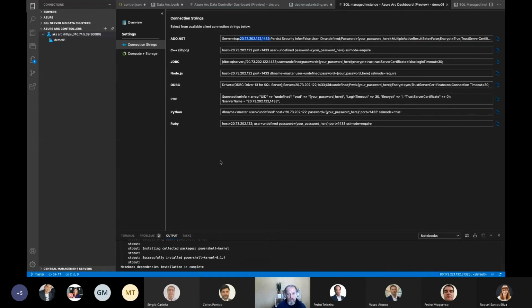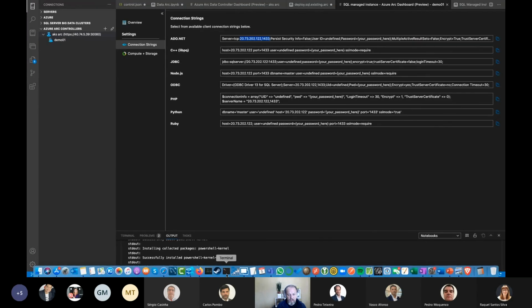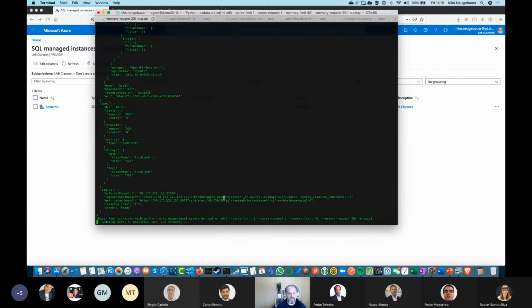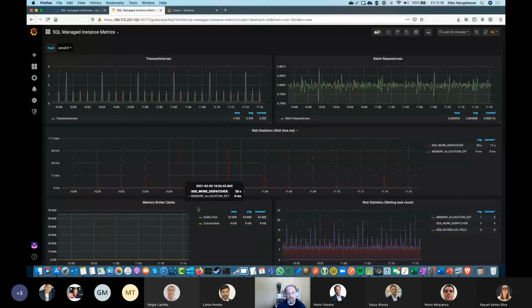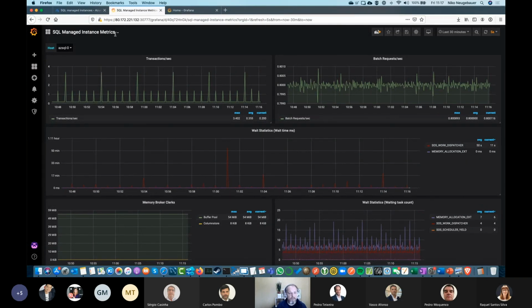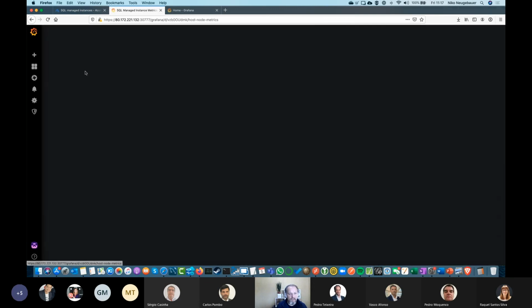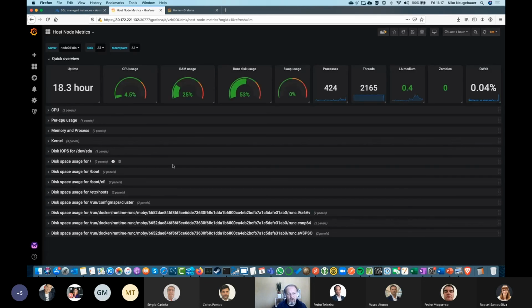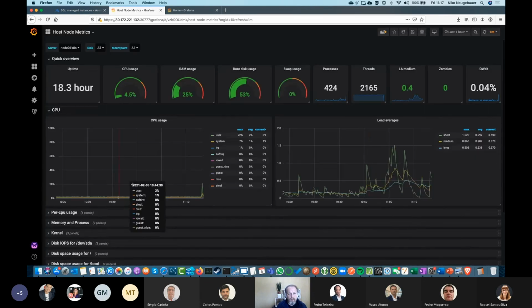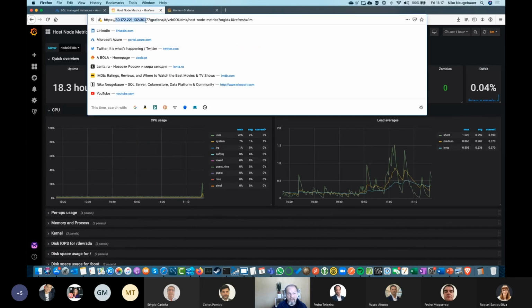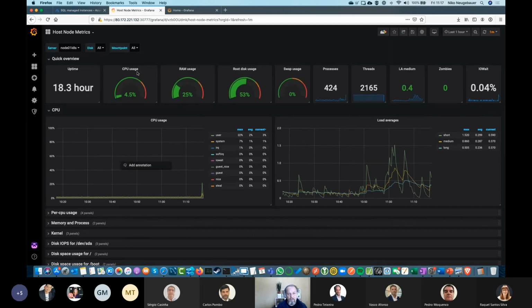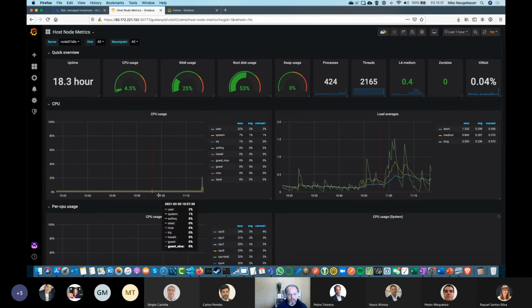Because all we want is, and let me see if it's running. So actually, you see this? This is my managed instance. I will not extract, just in order to not spend too much time. Would I like to know how my host is doing? How my CPU is doing? This is me running on the same IP. I'm running a